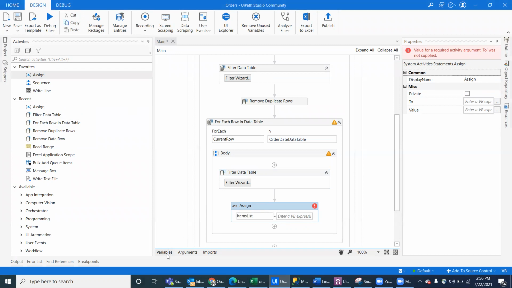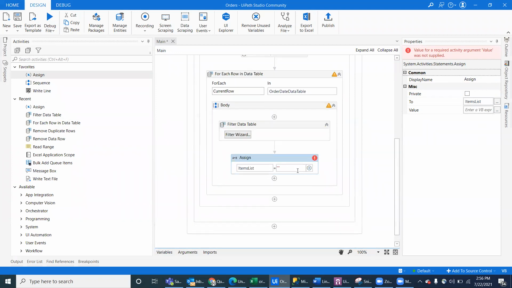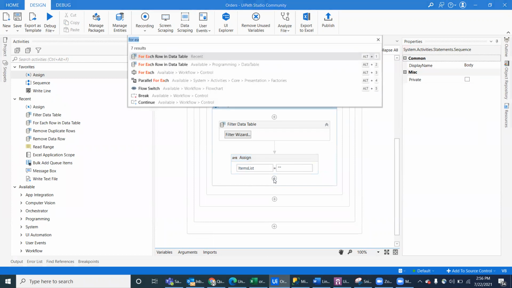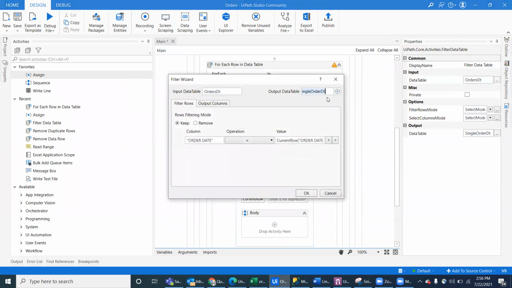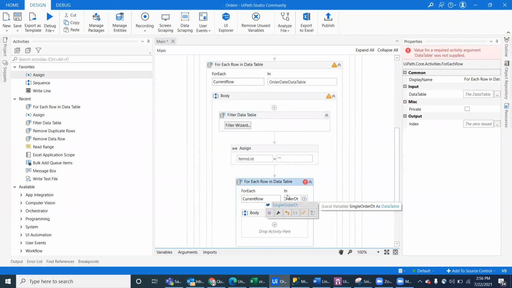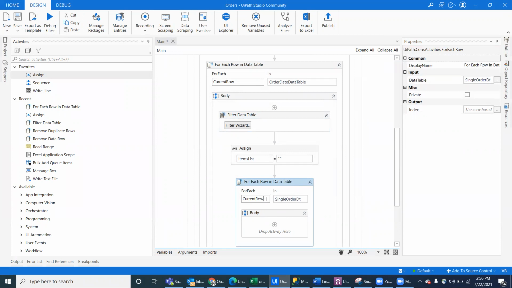So this is a string variable, it's not a list. So items list is a string variable. In that, use the empty double quote initially and use a for each. So for each row, in the for each row, you have to use the output of this filter. Okay, so this is the output of this filter. Now this current row and this current row is matching, so you have to rename. If you call this current row, which current row are you calling? Initially it will give the priority for the child one. Just remove and change the name to